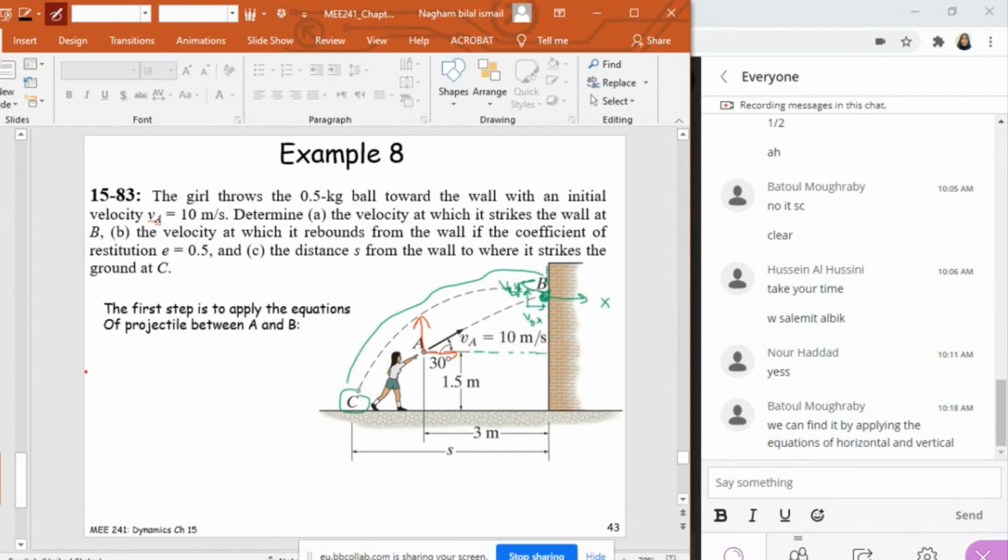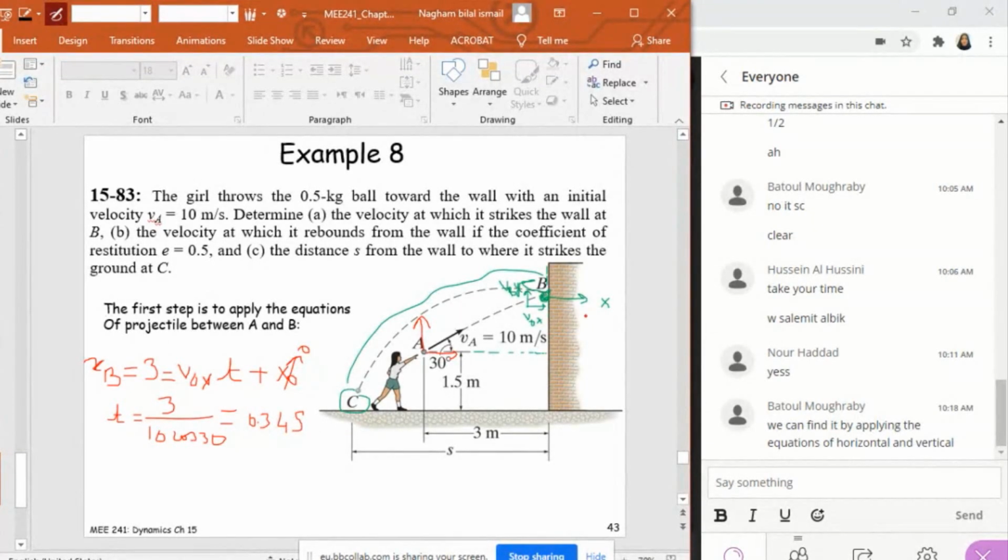I know that XB is equal to what? To 3. It's given. This XB, from the equations of projectile in the X direction, is equal to V0x t plus x0. Now, since I took my reference at A, then x0 is equal to 0. V0x is given. It's 10 cosine 30. XB is 3. Then t will be equal to 3 over 10 cosine 30. Right? So since I know t, I have the value, in fact, just 1 minute. Yes. So t is equal to 0.34 seconds,